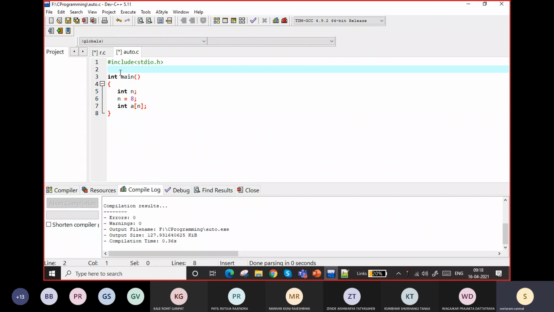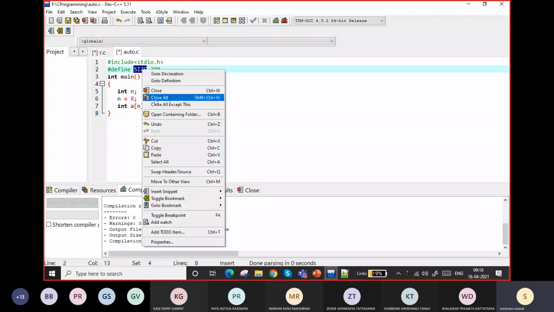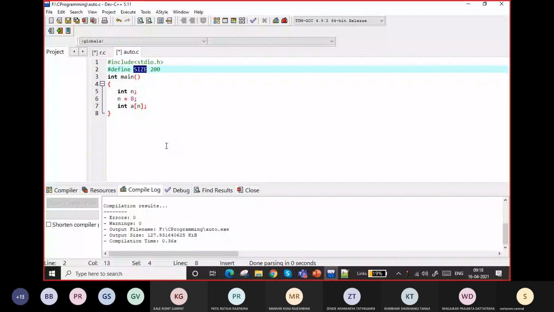For example, #define SIZE. Remember this thing, whenever you are defining a constant like this, one size variable is available.